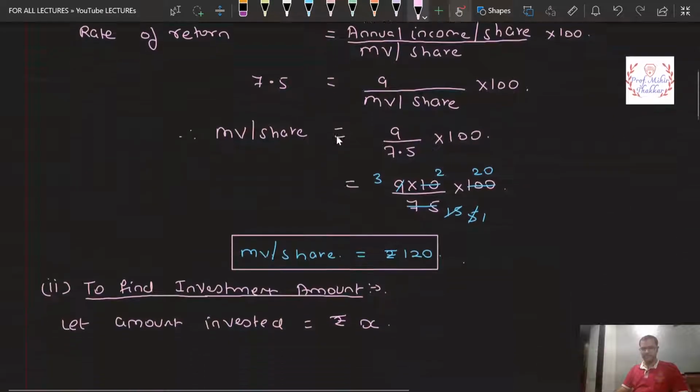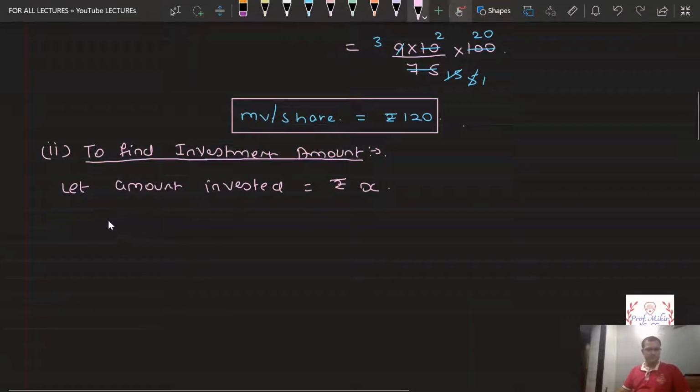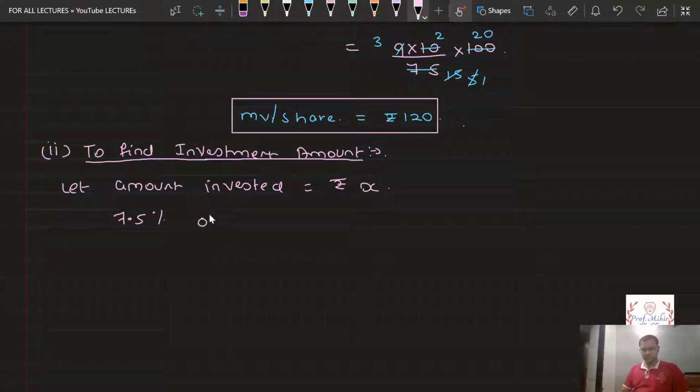So we say that 7.5% of the investment, which is X, is the profit or the income, which is 1260. So I get 7.5 upon 100 into X is 1260. So X is equal to